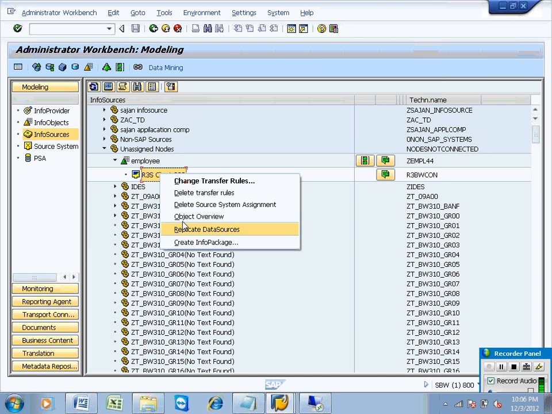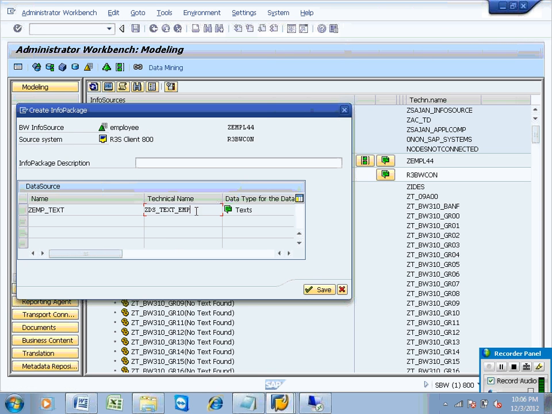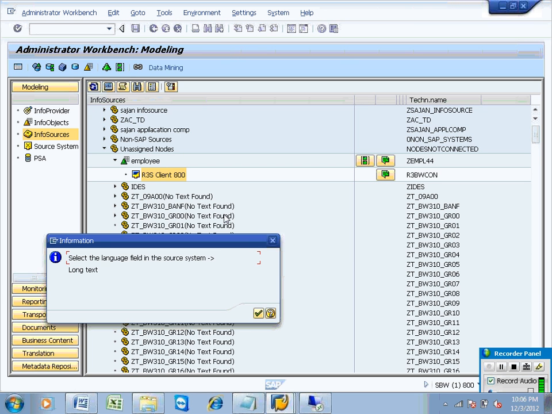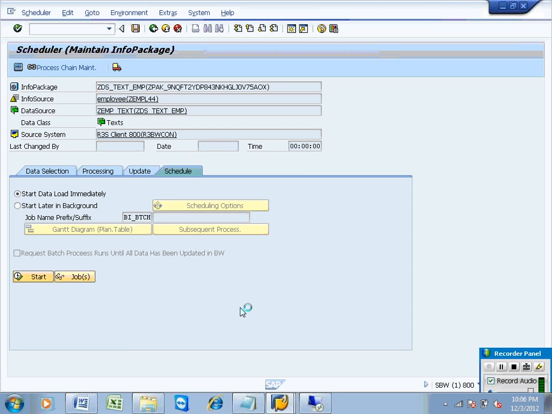Now right click this one. Create info package. Click on continue. Schedule the data. Now data will be transferred into the